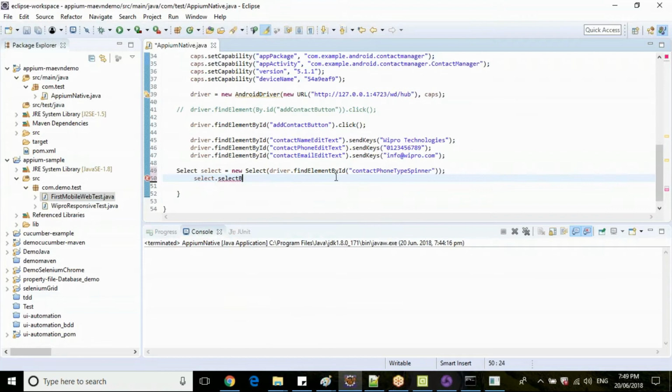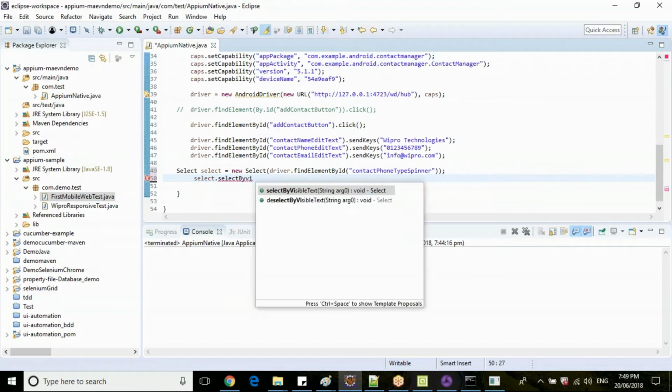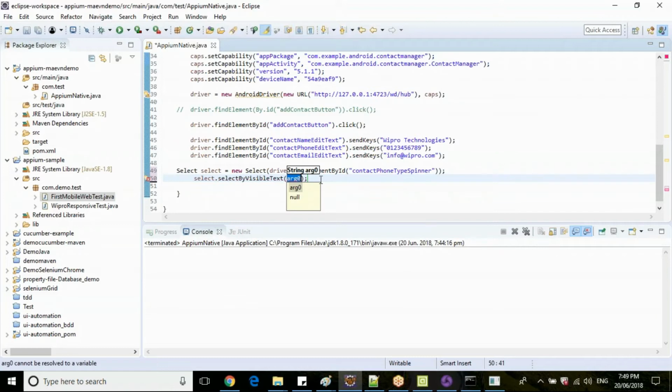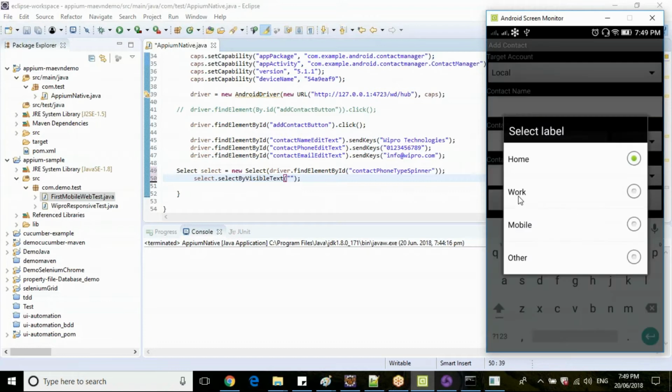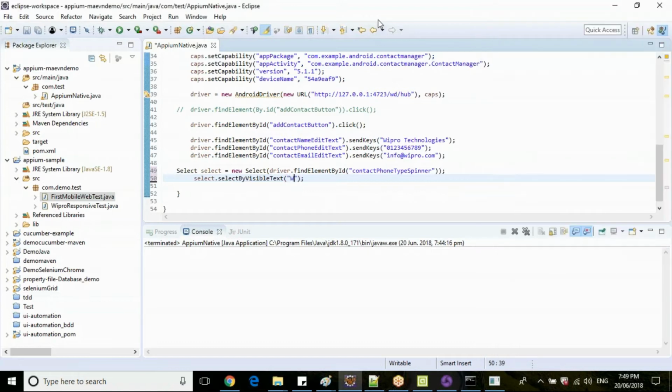Let's say by visible text. So what is the text that we are able to see here? It's work. Let's select work here. Okay.